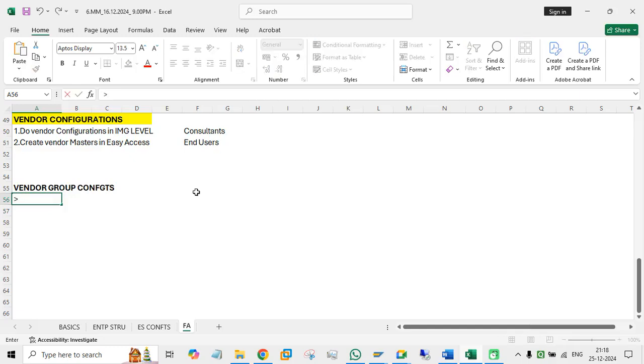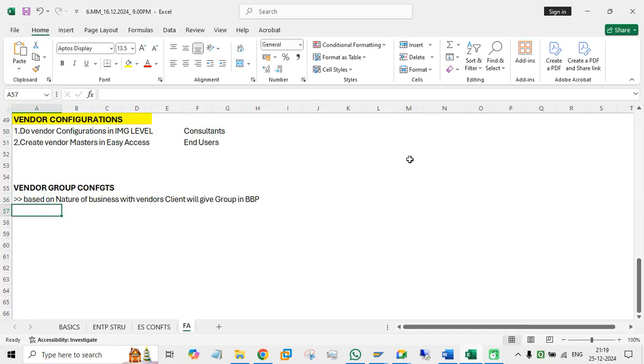Based on the nature of business with vendors, the client will give the group in the business blueprint. So you are a company, whatever the business you are doing with your vendors,